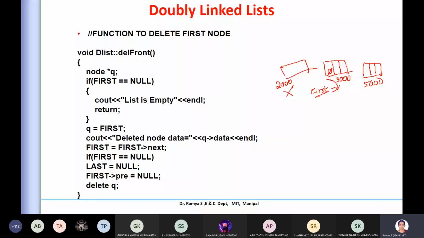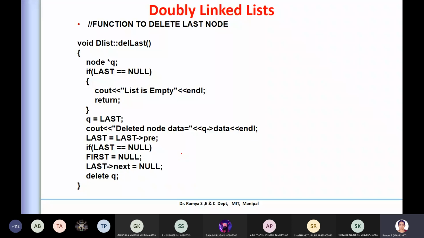Here they have taken care. If the first node itself is empty, there is no list at all, then what should be done? How should it be handled? That is the condition for the deletion. If there is only one element and you are deleting that, then first and last have to be null. It is similar to creating an empty list. That is what you are doing, reassigning the value of first and last as null here. Is it clear? There are a few extra steps to deletion at the first.